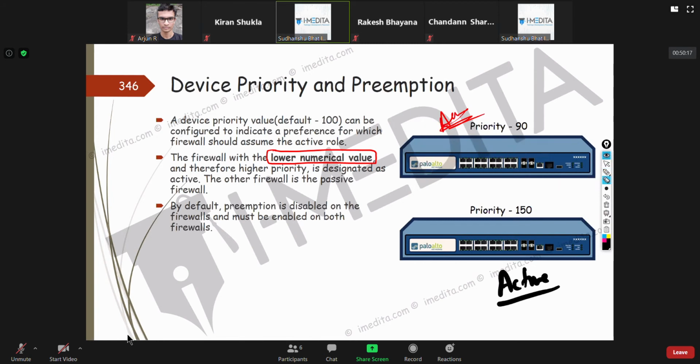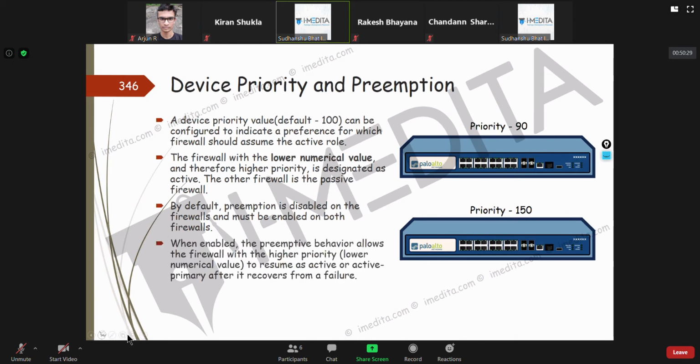So if a firewall is late to become active, it can overthrow an existing active firewall only if preemption is enabled.